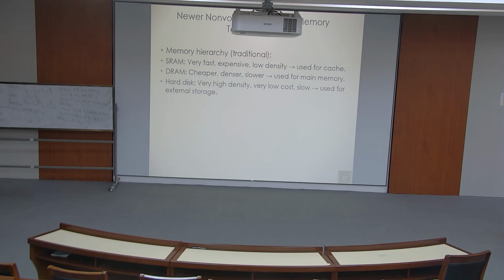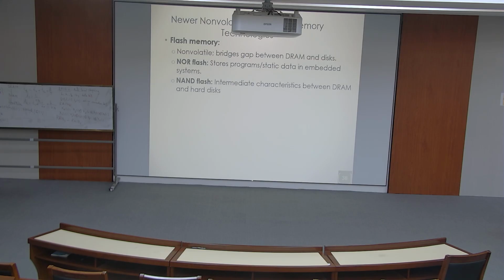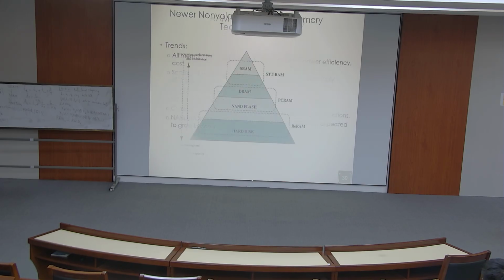Now we have to discuss the new non-volatile solid-state memory technology. We discussed the flash memory. It is also a kind of new non-volatile memory technology. We have two types of flash memory, NOR flash memory and the NAND flash memory. The next ones that we need to discuss are the STT RAM and the PC RAM, as well as the